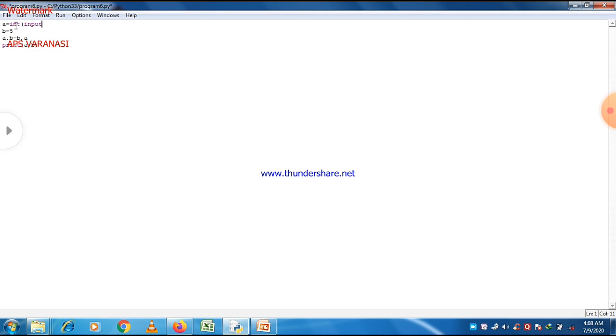Then let's write a program related to swapping. So just give an input statement. a is equal to int input, enter first number in double quotes, and then write b is equal to int input. Just make a copy of it and then paste, int input enter second number. So enter second number and then just write a comma b is equal to b comma a, and write another statement after this.